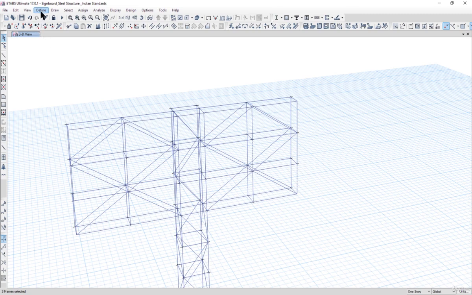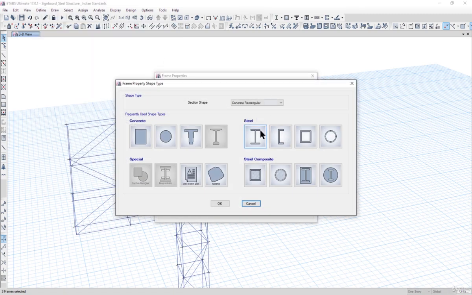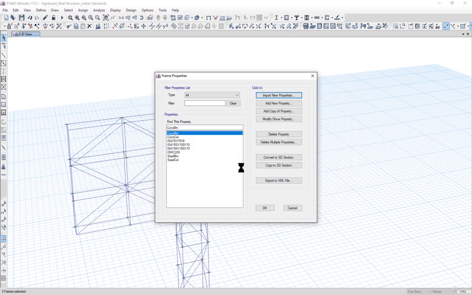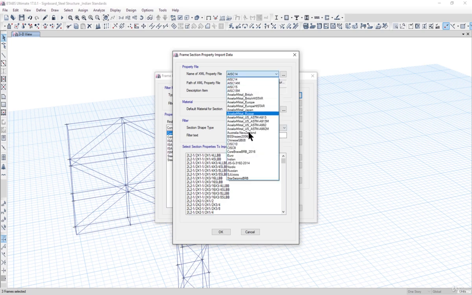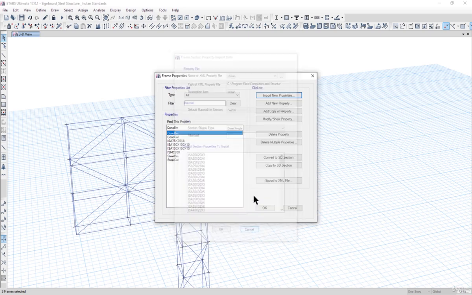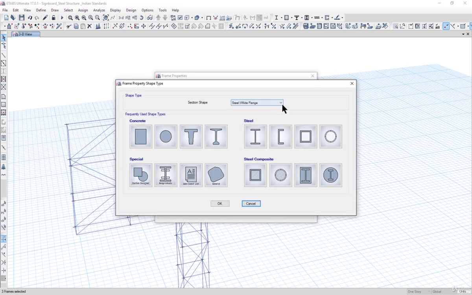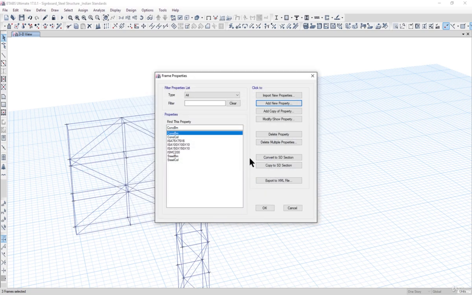So we go to section properties and frame sections, left click on import new property, steel. Here the material is Fe250 and the section is steel double angle. Family should be Indian, and double angle ready-made sections are not available. So what we can do here is left click on add new property. Here we can select steel double angle and then left click on OK,